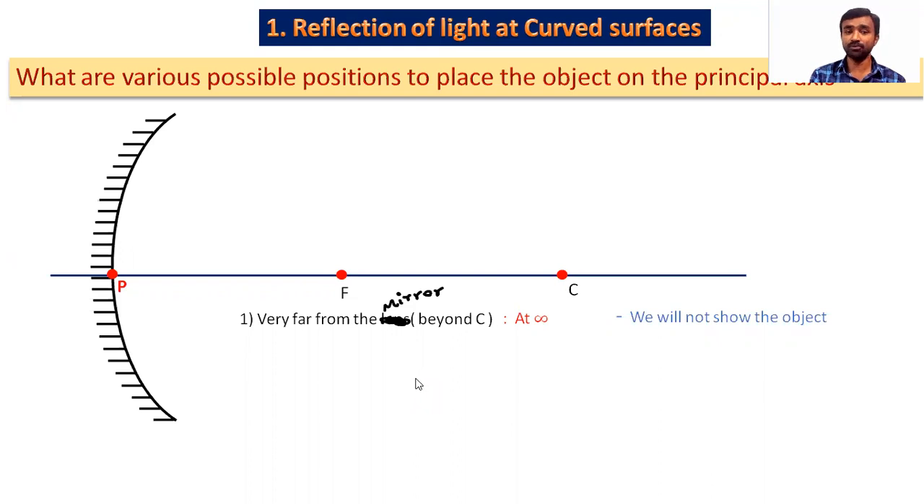Then what is the second position possible here? Outside the center of curvature. That we can call beyond C. Sir, what is the difference between the first position and second position? Both are beyond C only. But the first one is very far from the center of curvature, right? Second one is